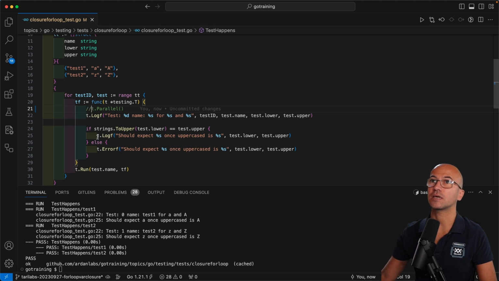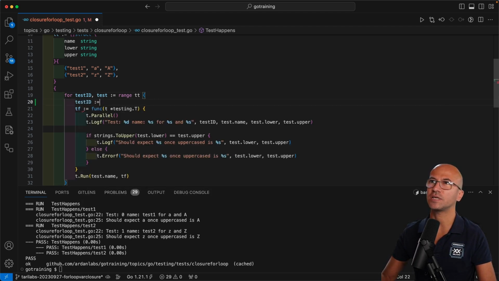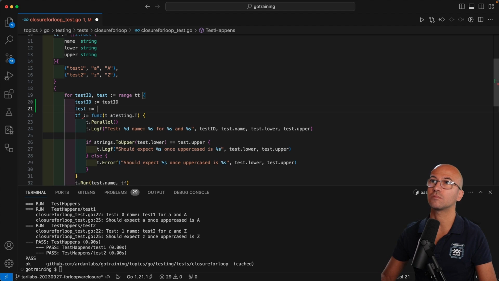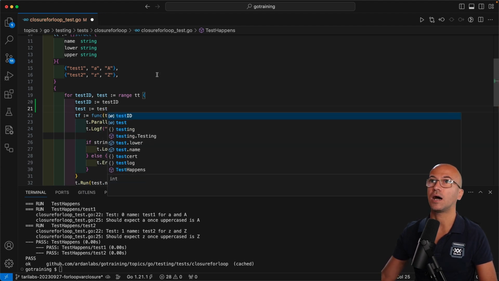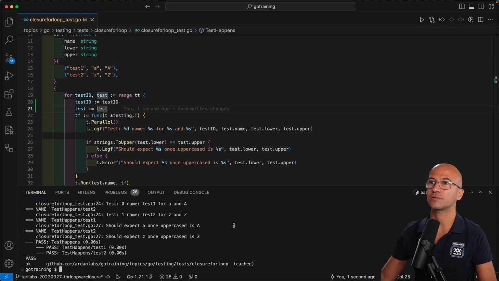Of course, the real solution, as the article demonstrates, and as most of the linters propose you to fix it, is that you redefine or you shadow the variables that are part of the for loops as part of your block of code. And then if I save this one and test again, now it's running in parallel, we can see that, and we can also see that this is now testing the real rows of the table-driven test that we have here.